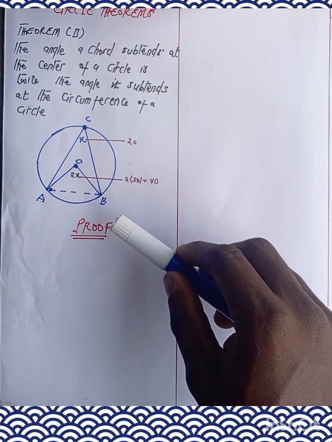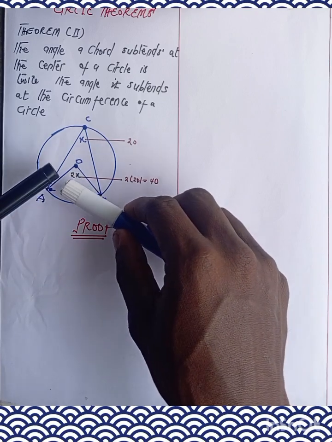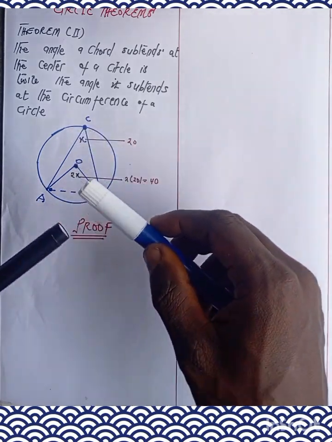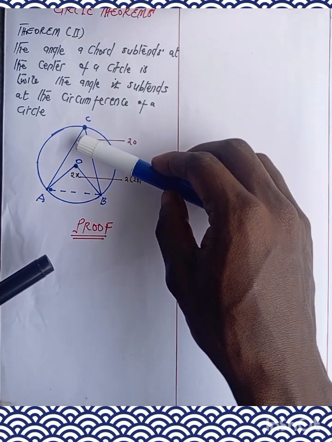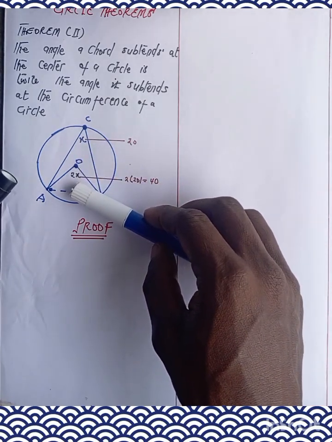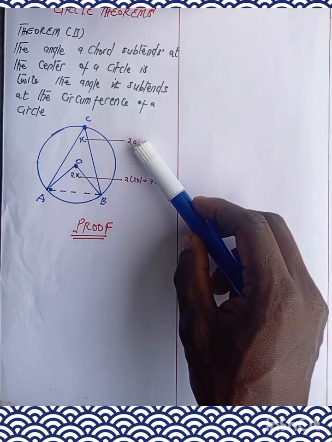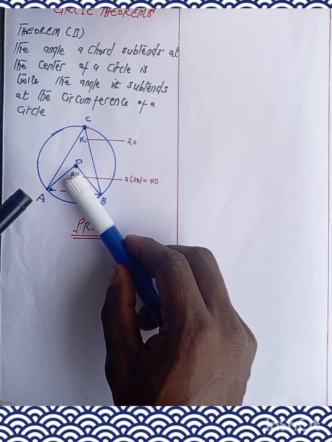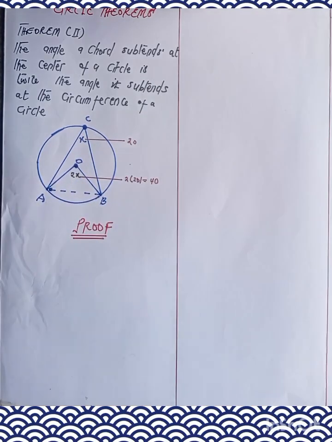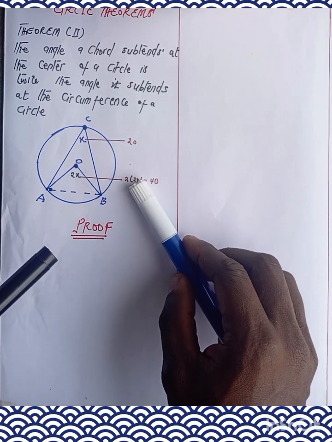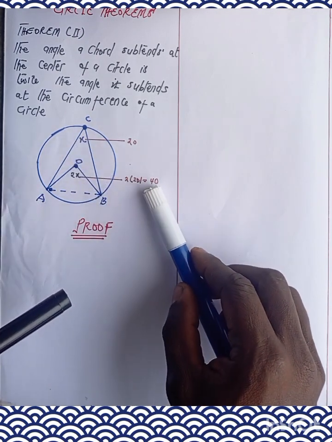The chord should subtend an angle to the center, and its corresponding angle is x. If that is the case, we get x here and then 2x. Now what it implies is that if this angle is 20, then this angle, which is at the center, is going to be 2 times the angle here,